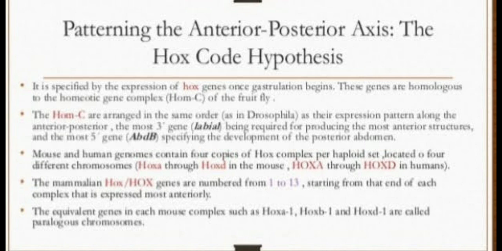The mammalian Hox genes are numbered from 1 to 13, starting from that end of each complex that is expressed more anteriorly. वो जीन्स जो सबसे पहले एंटीरियर में एक्सप्रेस होते हैं उनको हम नंबर देते हैं पीछे से।